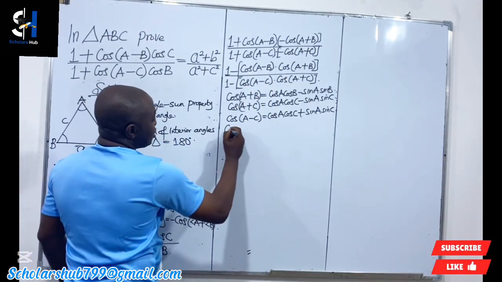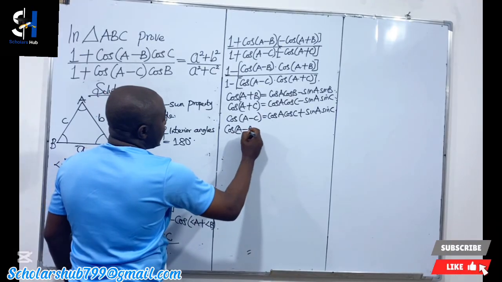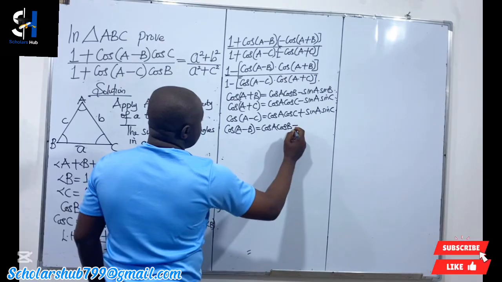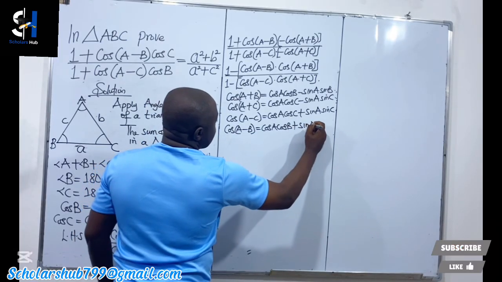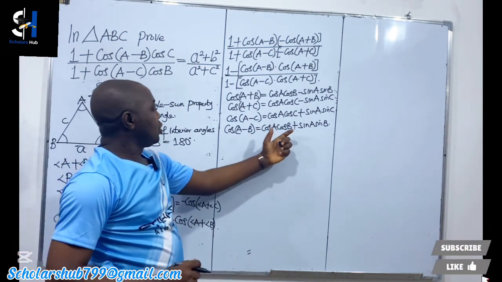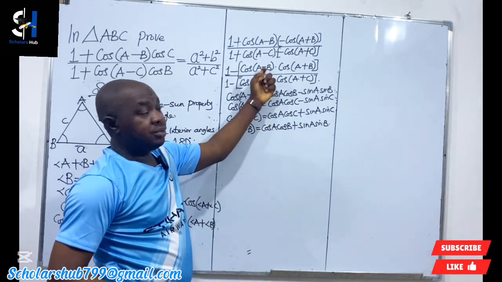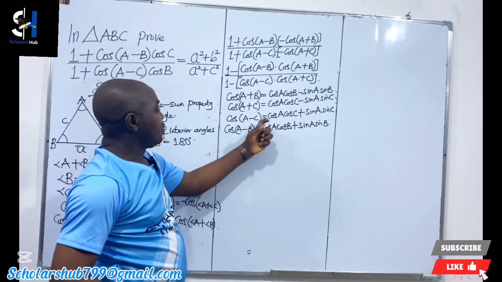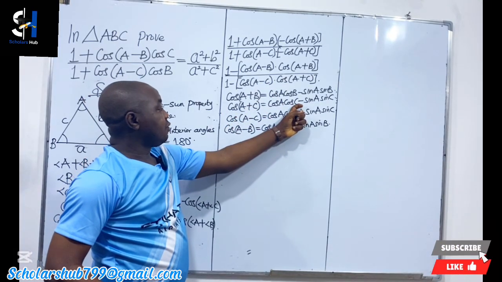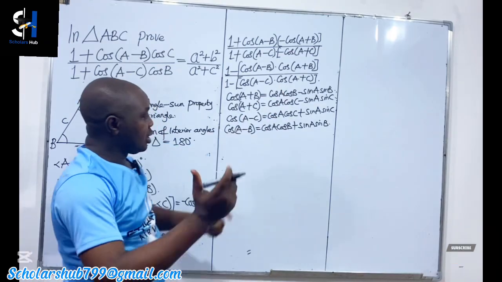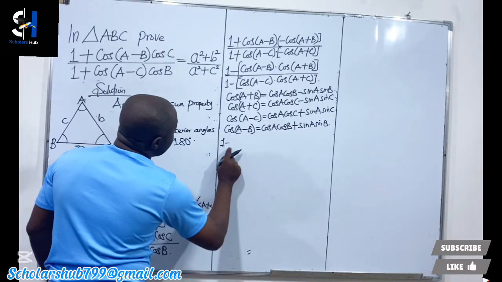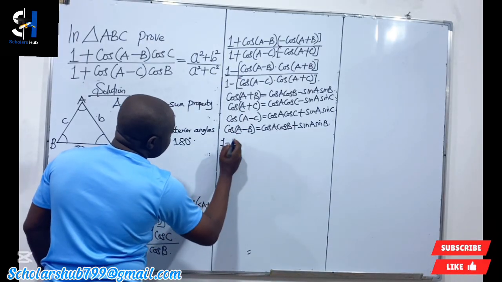Okay, also we know that cos(A minus B) will be cos A cos B plus sin A sin B. So I'm going to substitute this for cos(A minus B), and I will substitute this for cos(A minus C), and then this will be substituted for cos(A plus C), like that. Which means this will become 1 minus